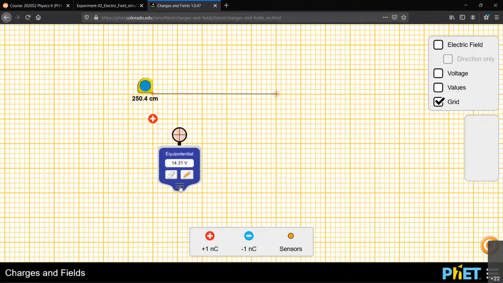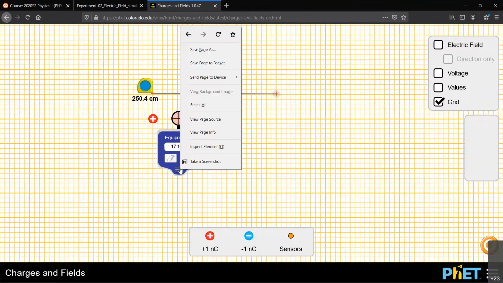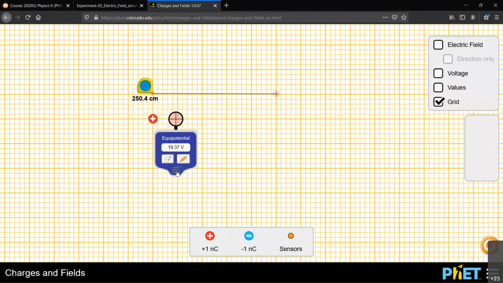50 centimeters. And the number you can see on this potentiometer is 17.84. Inside the potentiometer, you can see a couple of other icons, right? Inside the potentiometer, you can see this pencil tool, right? If you click that pencil, you can see it will build a line for you automatically.